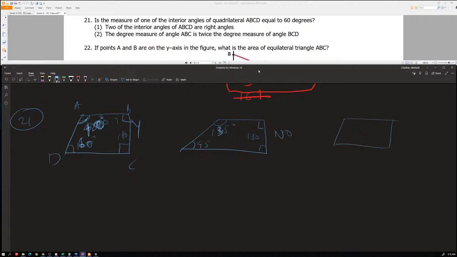so there is this. They say that ABC is twice the degree measure of BCD. Okay, so let's take this as ABC. They say that this is twice of BCD. This is x. Okay, fine. Does one of the interior angles equal 60 degrees? Does it say that? So if it is 2x plus x, that becomes 3x